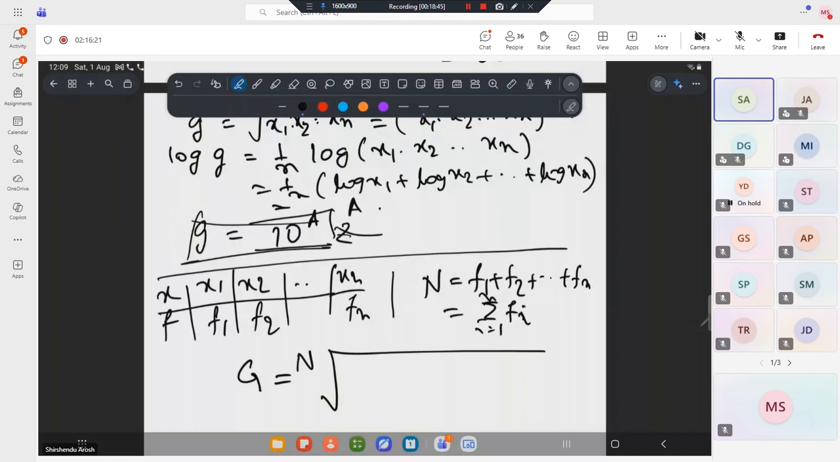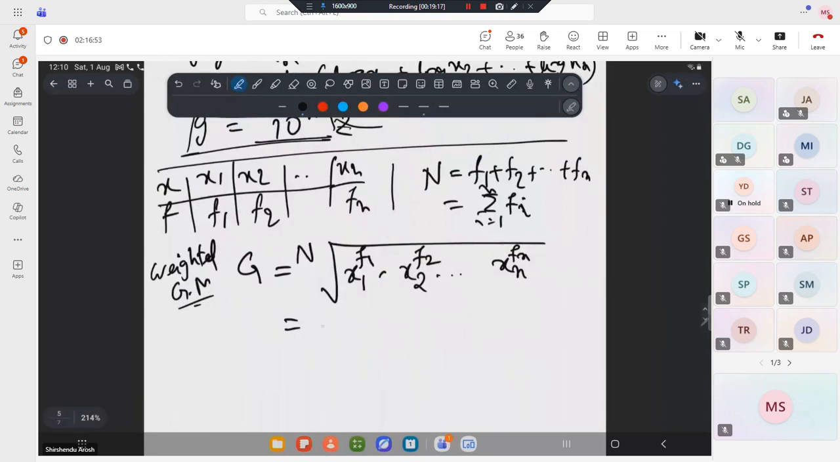So your weighted GM is generally given as a capital G. So it is the Nth root, 1 by capital N power, of x1 to the power f1, x2 to the power f2, and till xn to the power fn. More complicated in terms of the calculation process. Even if I just take a log of this,